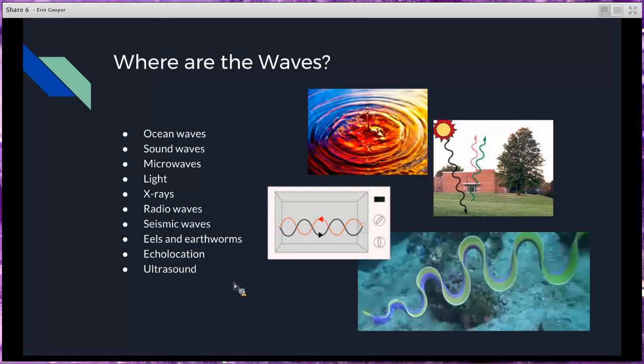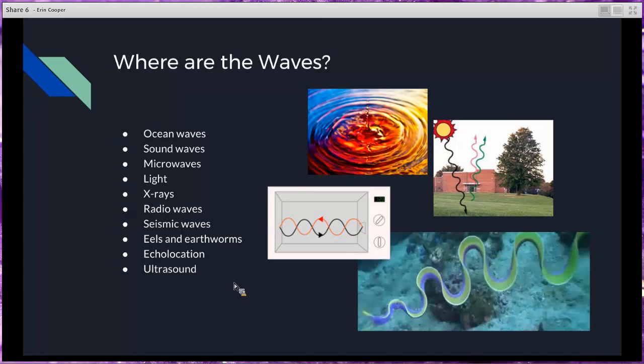Eels and earthworms use different types of waves in order to move. Echolocation is a way that some animals can use sound waves in order to place themselves, to know where they are in space. And then, of course, the ultrasound waves, where we get to send sound waves through a body, and then depending on the properties of that wave, we can see the distance and